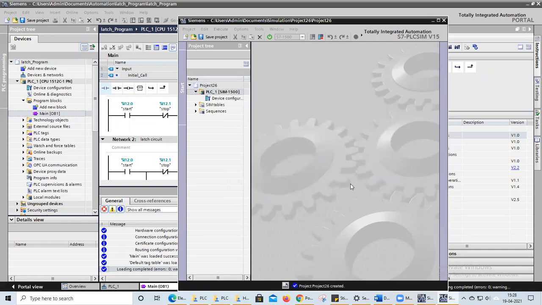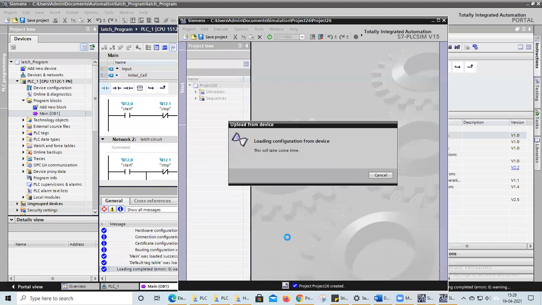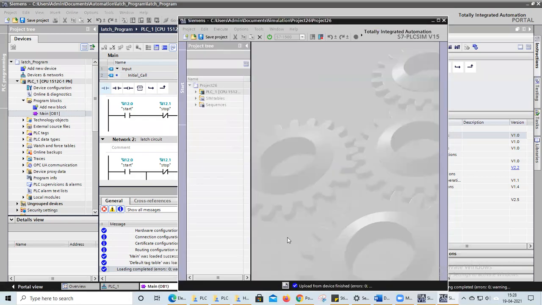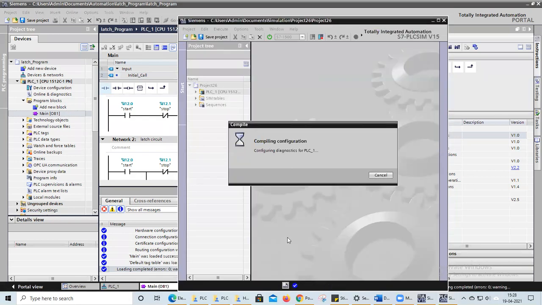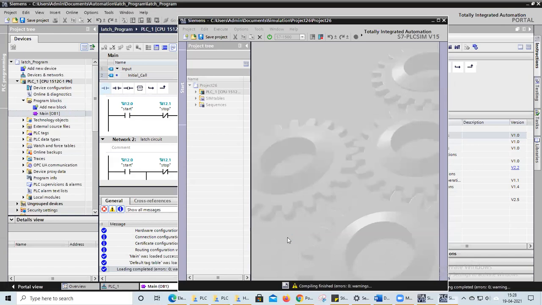Okay. Now my simulator is opened. It is scanning for my inputs. Okay.